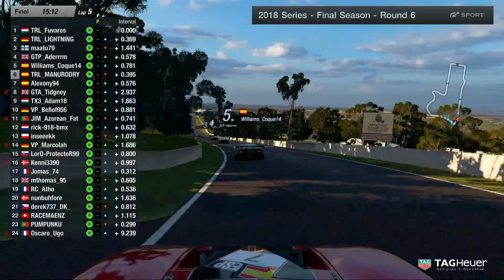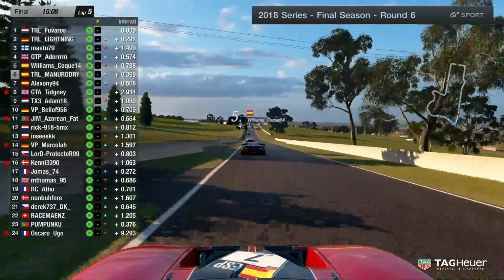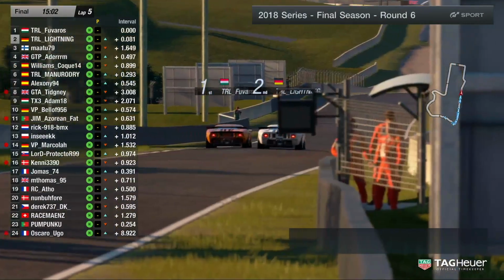Down the Conrad straight again we go. And it's another situation where they're slipstreaming. We're hurtling towards the first 10 minutes of this race completed as well, Jim. So I don't know whether these...